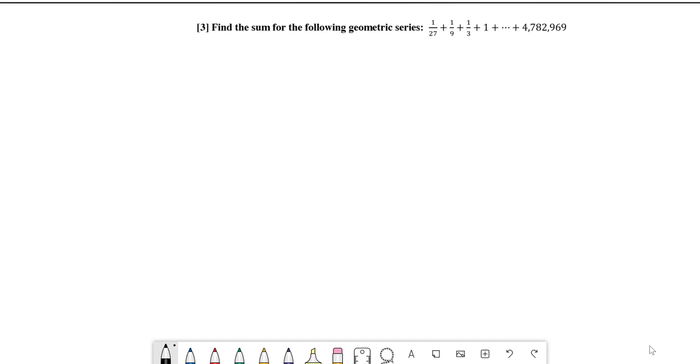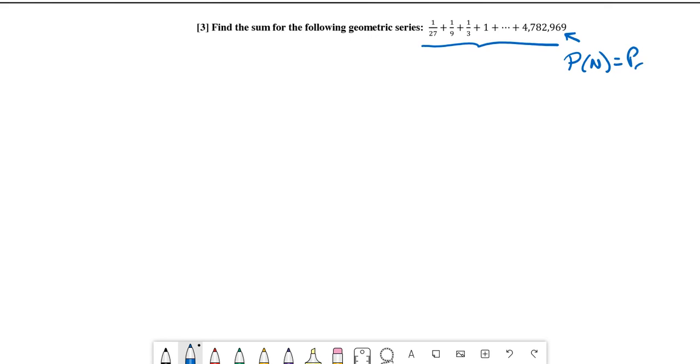Okay, so this is problem 3 from the third worksheet, which is exponential population models dealing with logarithms and summations or geometric sums. In this problem, the thing that we want to notice is we don't know how many terms this is. So we need to figure out the subscript of that last term, 4,782,969. For us to figure out what term that is, we have to write the explicit model